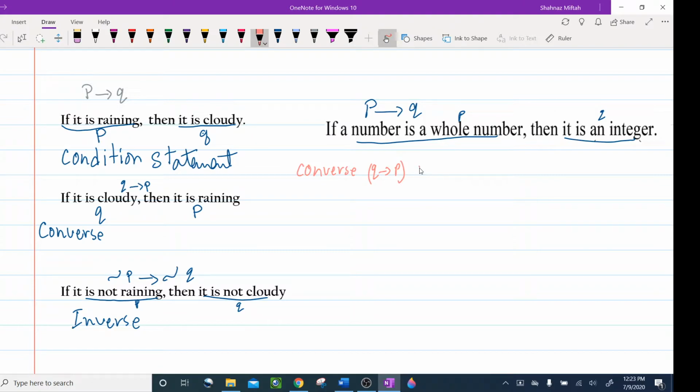So I'm going to say, if a number, in the beginning after if, I'm not using a pronoun. Instead of "it," I want to know what this "it" is in the conclusion. It means a number. So I'm just going to write a number. That's a pronoun. If a number is an integer,